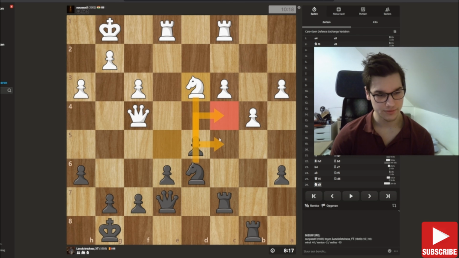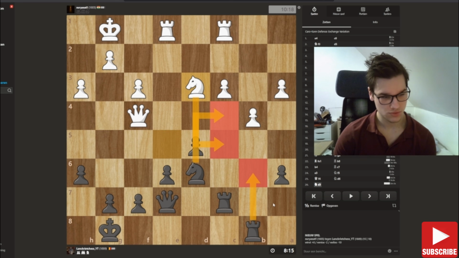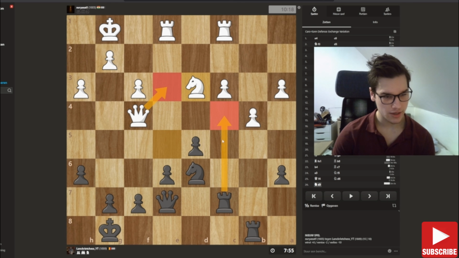So knight in there, knight in here. Rook to b6, getting off of that and defending my a-pawn. And after you probably have to defend this, I can... I'm not sure. So rook here, you have to probably defend this check. I can get my knight in here. Do you have infiltration? Not yet, but after this...